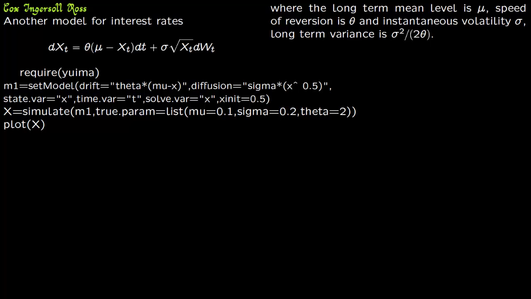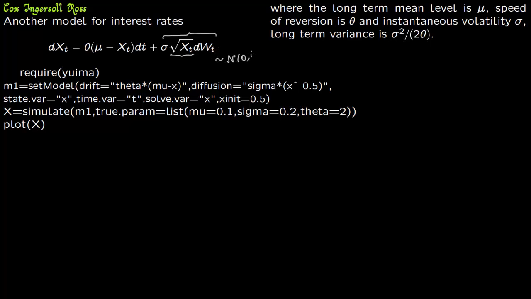Another famous model for modeling interest rates is the Cox-Ingersoll-Ross model. Now this is exactly the same as the Vasicek model. As you can see, the only extra term we add here is the square root of x_t. So again, in this model, this is the stochastic part. The stochastic part comes from the Brownian motion, which you